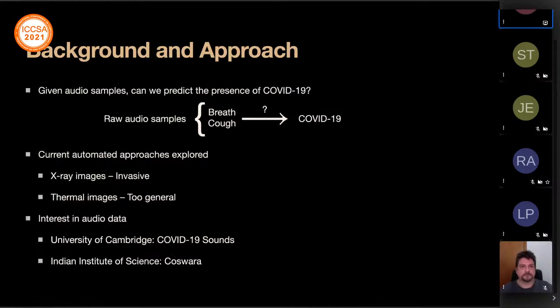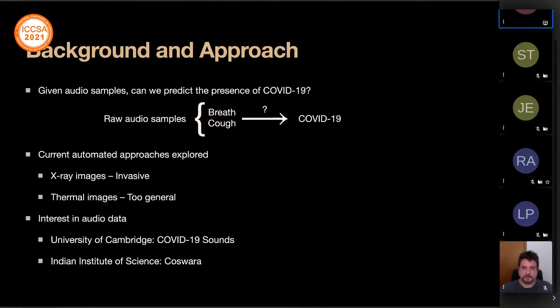Currently, the research into automated COVID diagnosis has mainly had two approaches: using chest X-rays or CT scans, and thermal images. The problem is they both require specialized equipment, and getting an X-ray is not non-invasive and involves contact with others. Also, thermal images are not necessarily indicative of COVID. It could just be a mild fever, leading to high false positive rates.